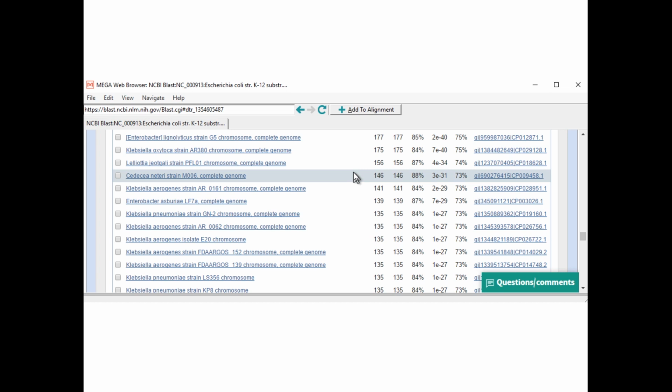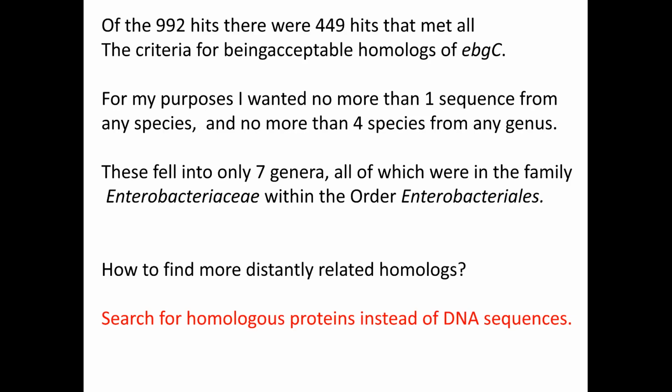So you do have to look at each of these lines, but it doesn't take long, because you just look: is it something that you want? Is the coverage good enough? Is the E value low enough? And there were